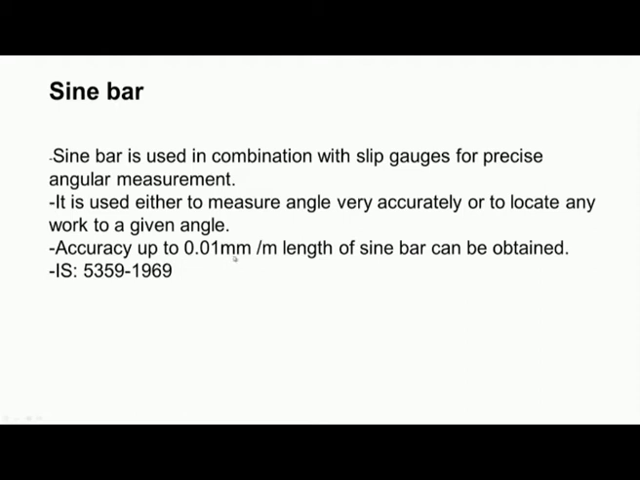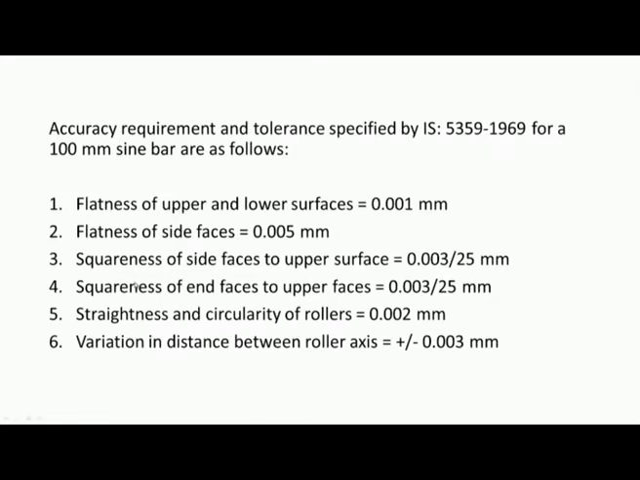Accuracy up to 0.01 millimeter per meter length of sine bar can be obtained. These sine bars are made as per Indian Standard 5359 of 1969. Now, the accuracy requirement and tolerance specified in Indian Standard 5359 of 1969 for a 100 millimeter sine bar are as follows. Flatness of upper and lower surfaces should be